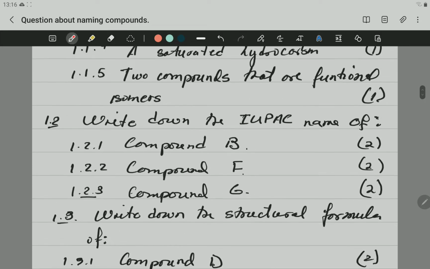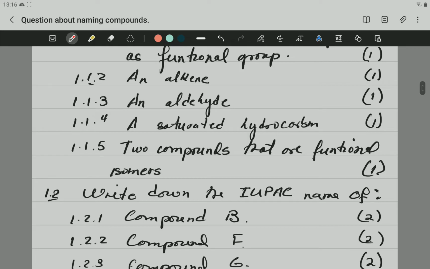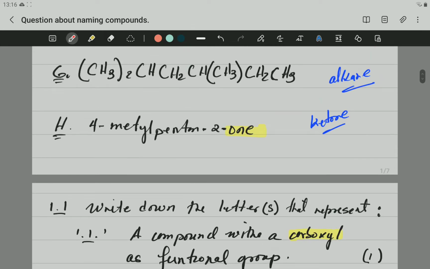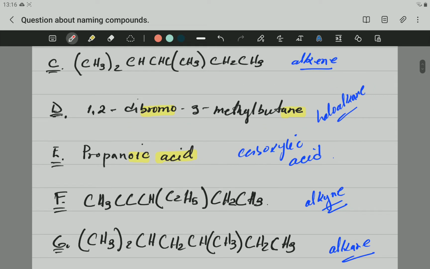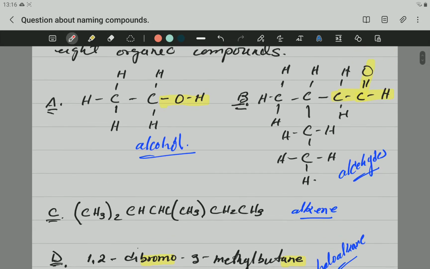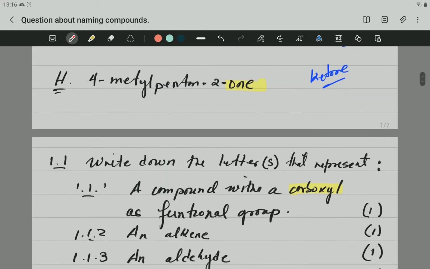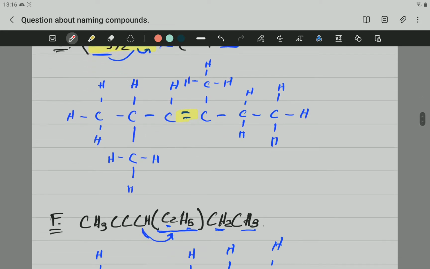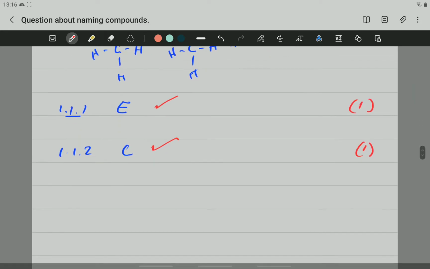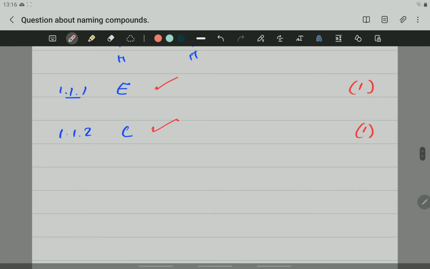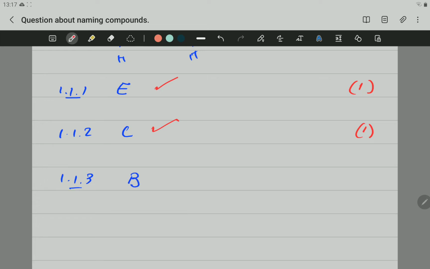1.1.3, which one is an aldehyde, and we already did that one. So the aldehyde was the compound B. Alright, so we said compound B is the aldehyde. So the first question was actually answered as we were looking for the homologous. 1.1.3 is compound B, and you will get 1 mark for saying that. Okay, so let's go to